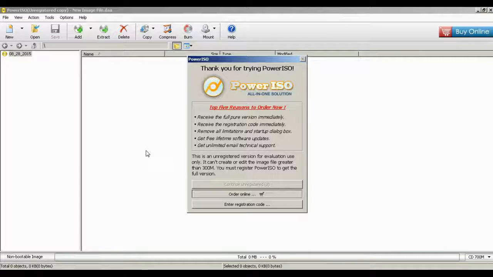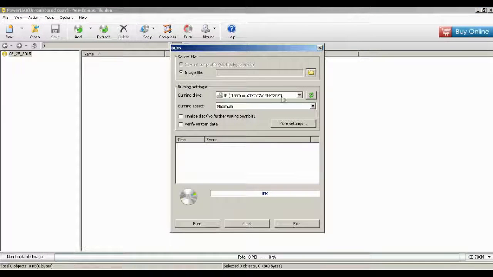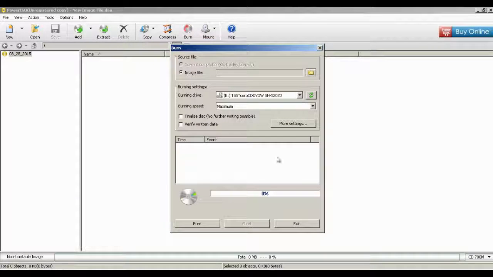and you don't have to register, but you can. And continue unregistered. You would go right to burn, and you would click this guy right here. So it says image file. You would click this little folder. You would find where that .iso is, and then you would open it, and then you would burn it,